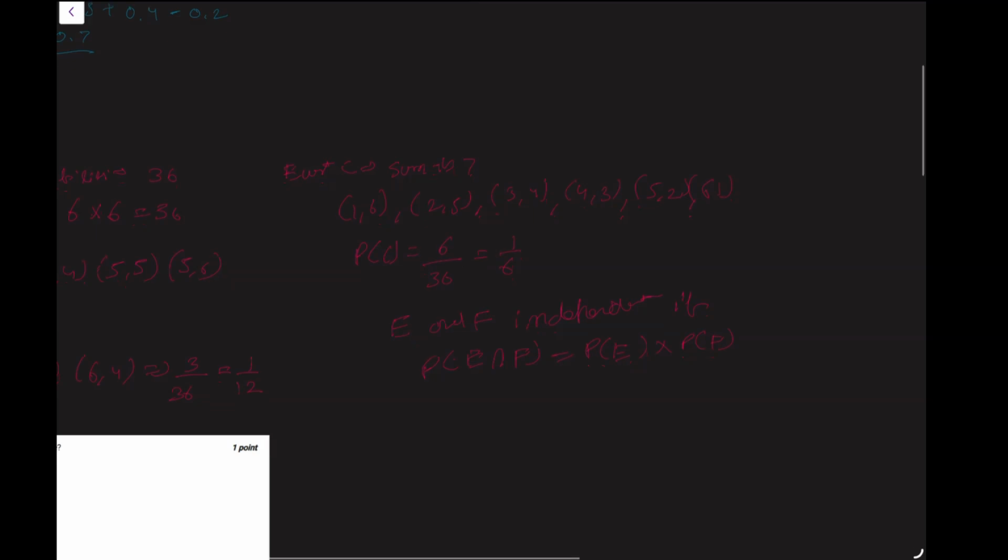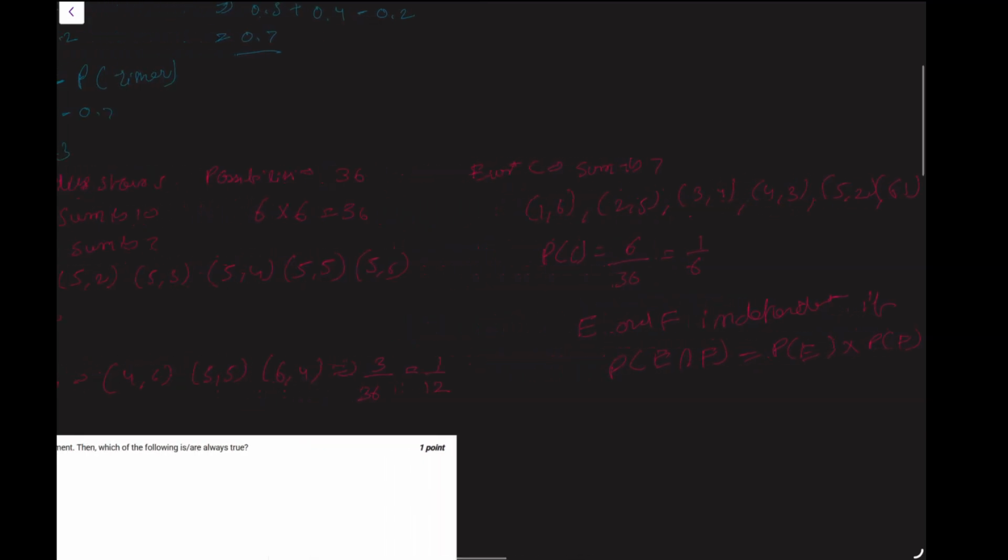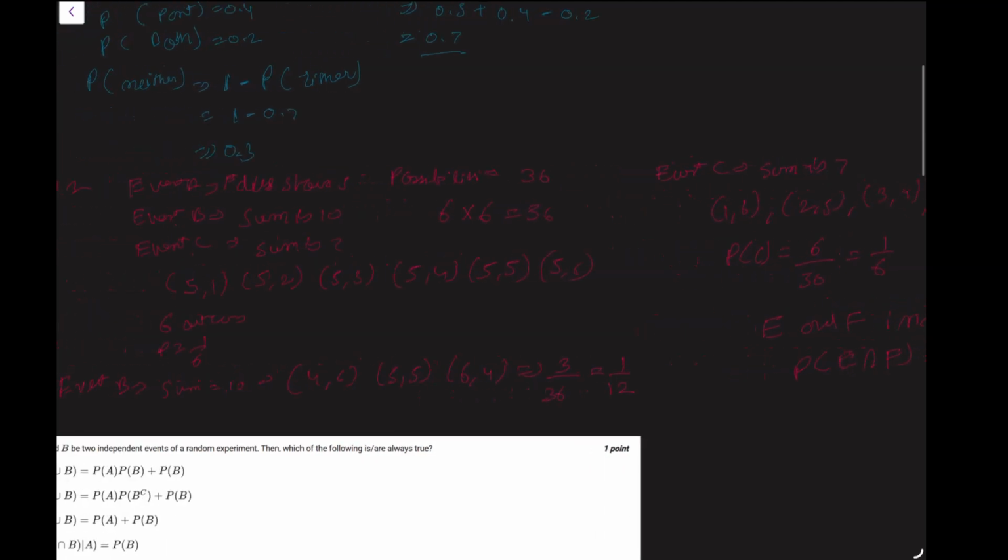Now in A and B, first die is 5 and sum is 10. Event A is that the first die shows 5, and event B is that the sum is 10. So which outcomes have first die 5 and sum 10? Only 5 and 5. So this fits our agenda, which is to find if they're independent or not. First die 5, second die 5, so the sum is 10. So if we check for their independence,